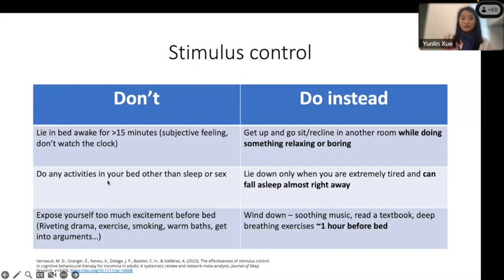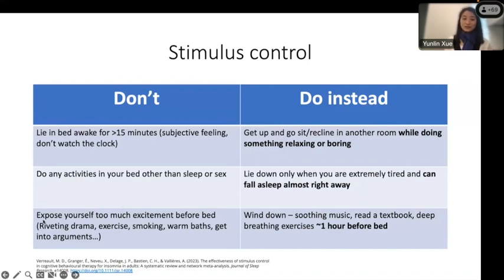And don't do any activities in your bed other than sleep or sex. So this is what I mentioned before. Instead, you can lie down only when you're extremely tired and can fall asleep almost right away. And third,